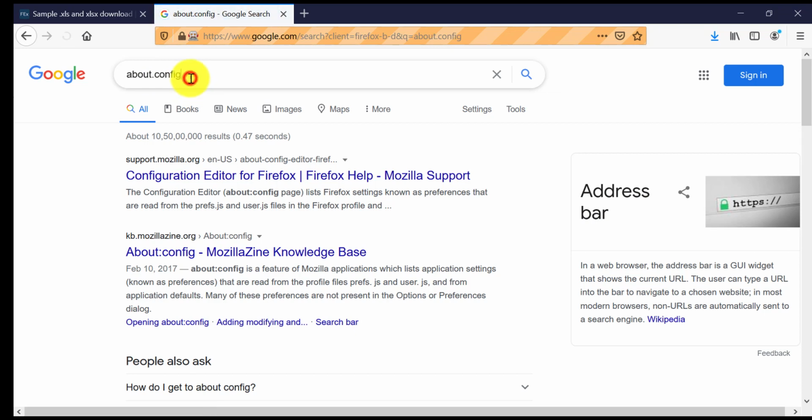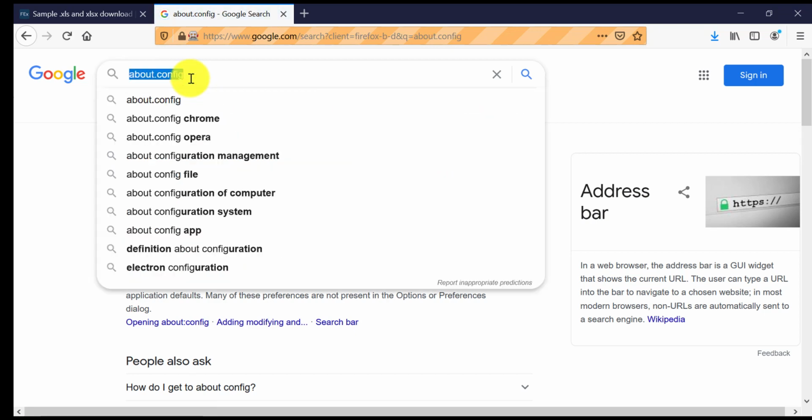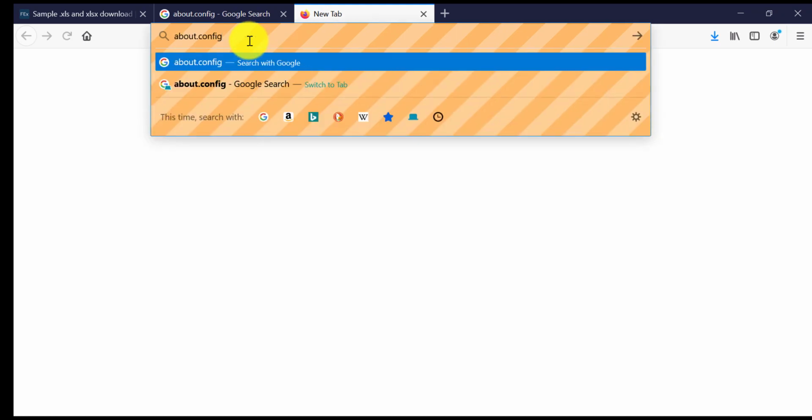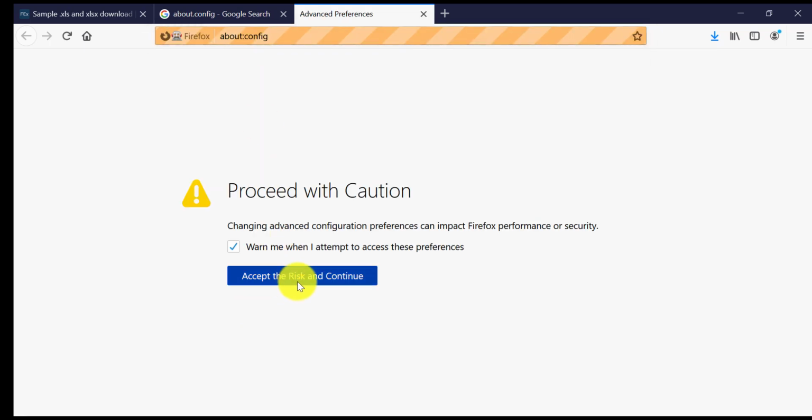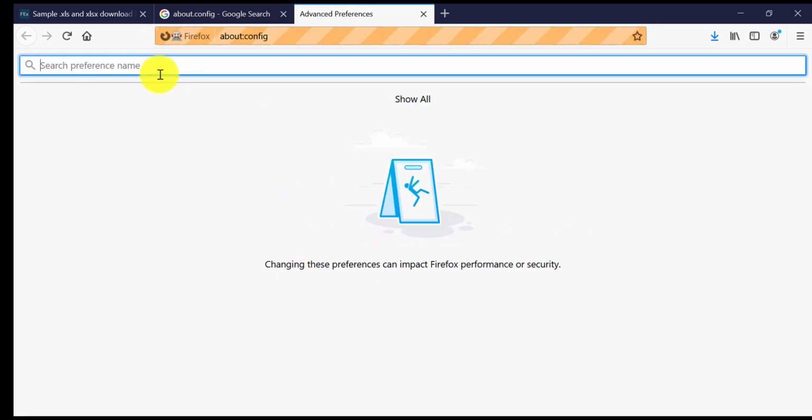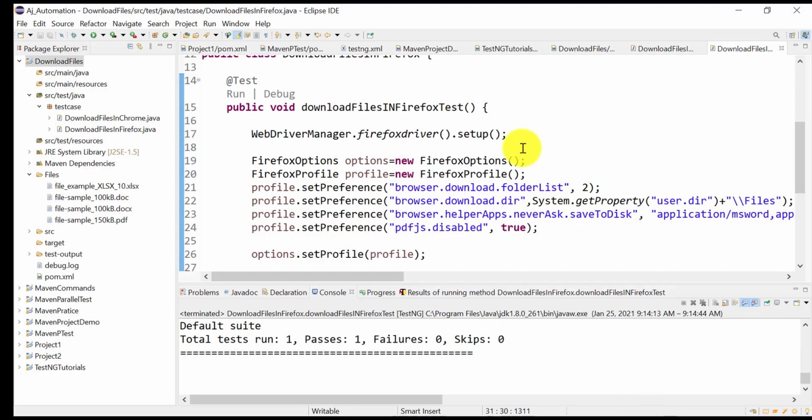Why does it work like that? About, not dot, I think it's colon. Click on accept and risk, and you can check these preferences. You can check if it is set or not.